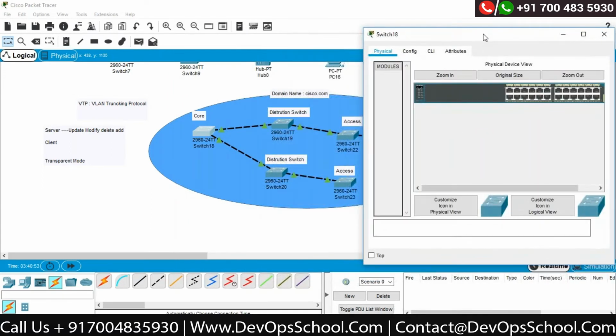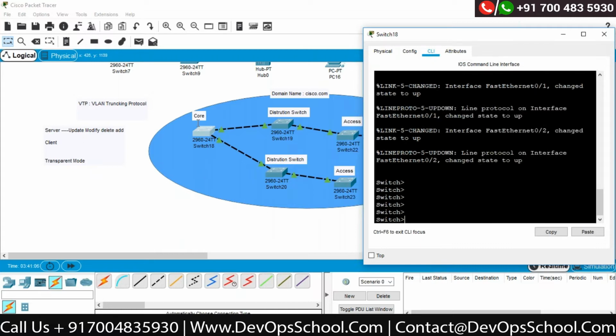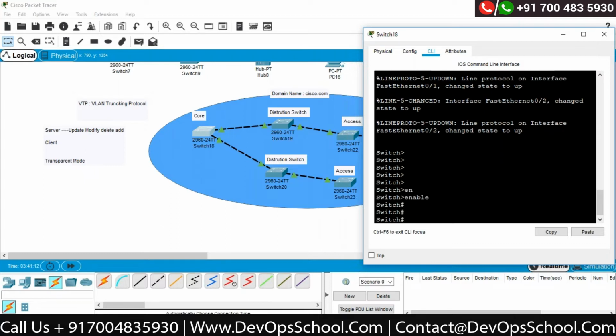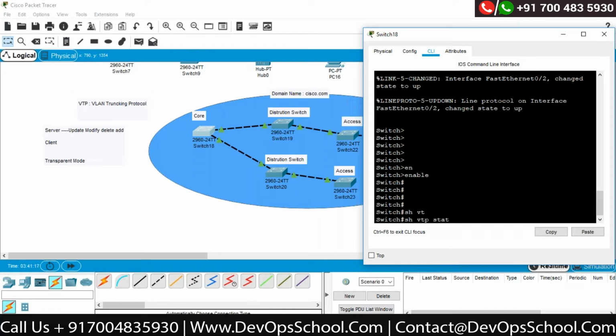Okay, because we need to understand one more concept under VTP, that is called VTP pruning. Okay. So this is my switch number 18. This switch would be my server. So if I say enable, show VTP status,